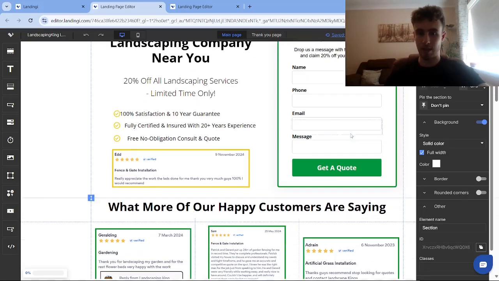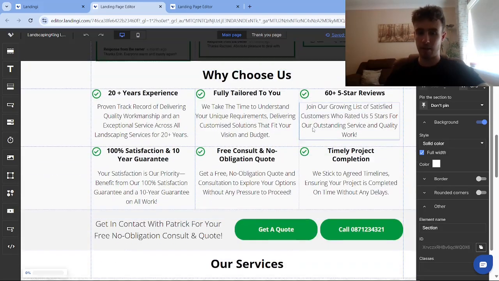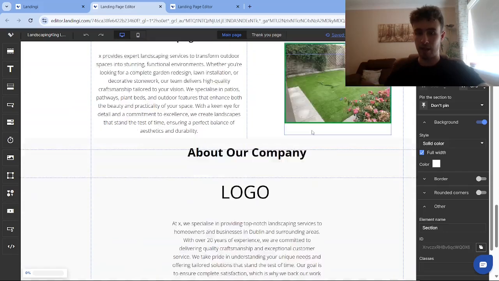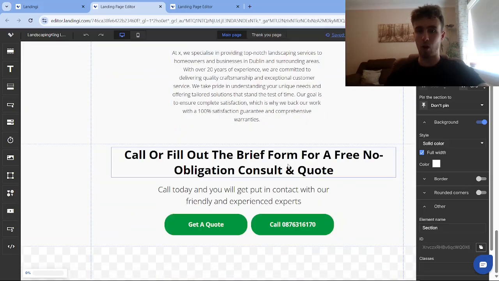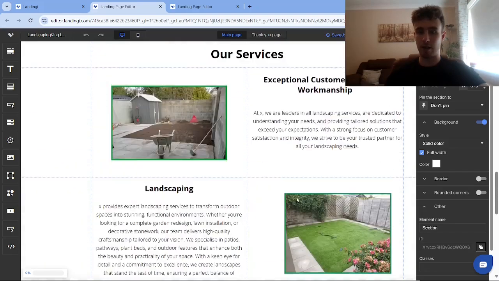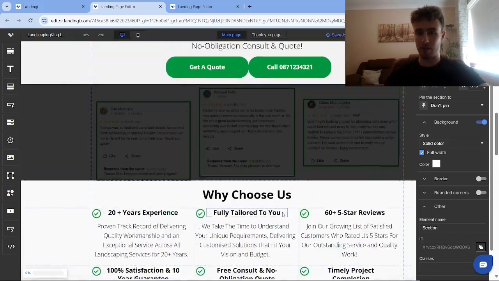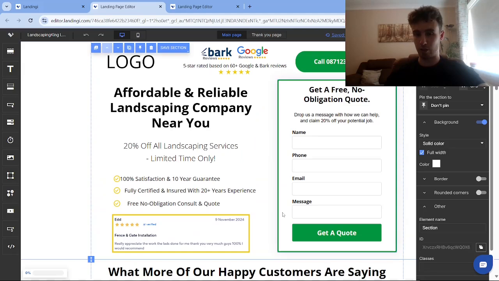Because things like the call to actions, your social proof, the benefits of why they should choose you, and some more information about the company, all of those parts of the landing page can be kept the same. But the keyword focus and the images of the specific service of each landing page can be changed around in each case. And that's going to save a lot more time than manually creating every new landing page from scratch. So once you have the initial landing page made and you have conversion tracking set up correctly on that landing page, you'll be able to duplicate that as many times as you like for all of the other ad groups